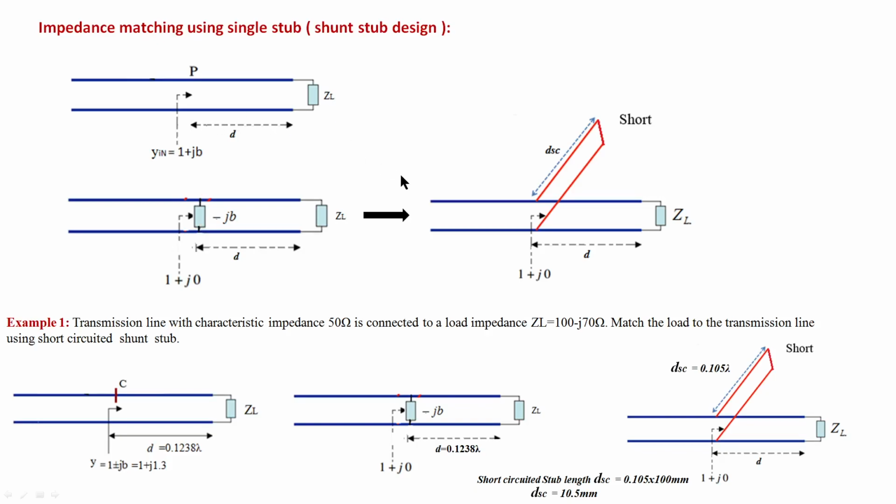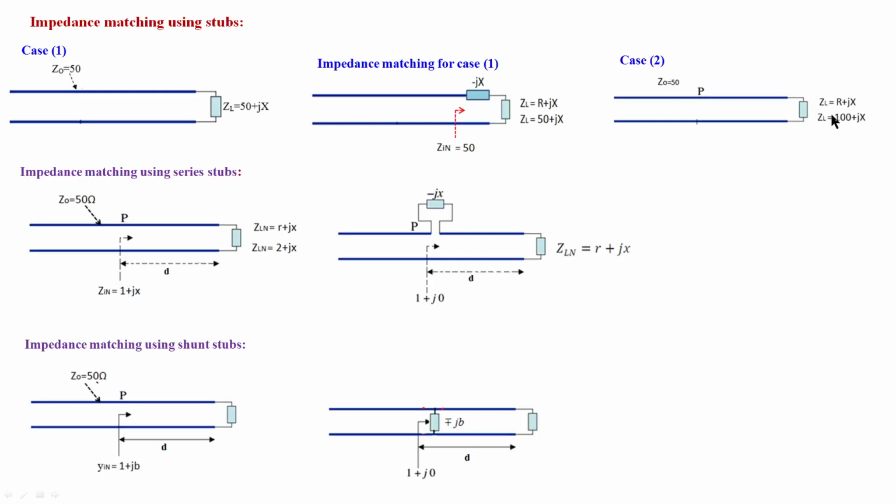To get an impedance match, if the load is other than the characteristic impedance, we cannot simply use an opposite reactance near the load. So what we have to do is move over a transmission line until the impedance becomes 50 plus jx, where x may be anything, and we stop there. Then find out the reactance value and connect the opposite reactance at that particular position. We will get the impedance match. So we have to move over a transmission line like this towards the generator.